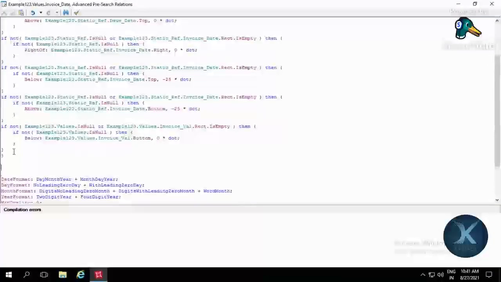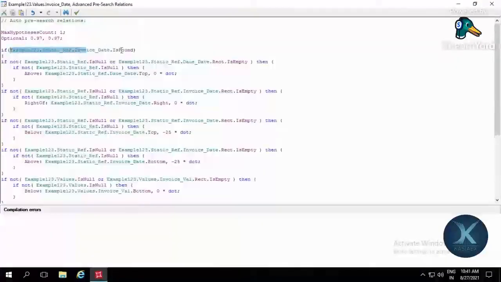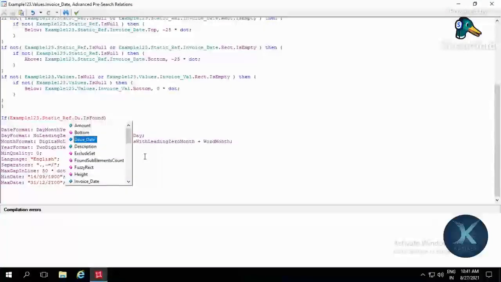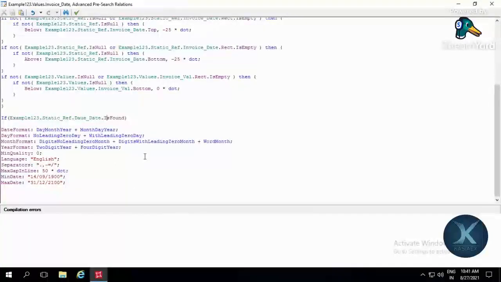Else if of the same thing, which I can just go ahead and take this. So maybe let's consider I have another synonym, and that synonym would be the due date. So for that, what I can just go ahead and do is: due date is found, go to an end,